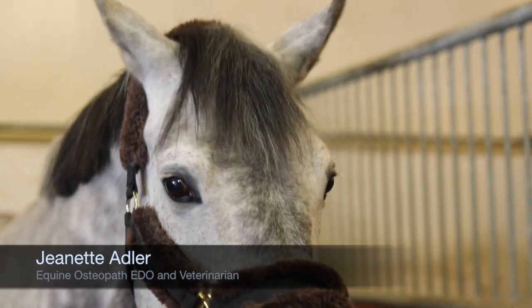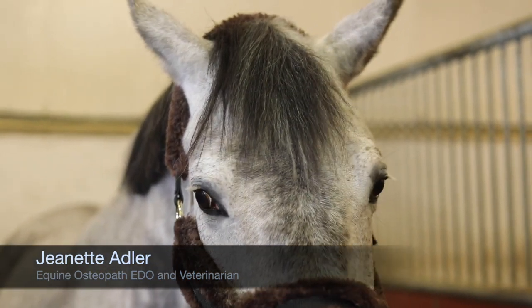So I think it's all about trying not to be too monotone in the training, and really doing different things, and just using the surrounding area. I'm from Denmark, we don't have that much exciting nature around us all the time, but just little things can be enough. Just go up and down over whatever little things you find on your way, and just use that to challenge that horse and the body, so that it